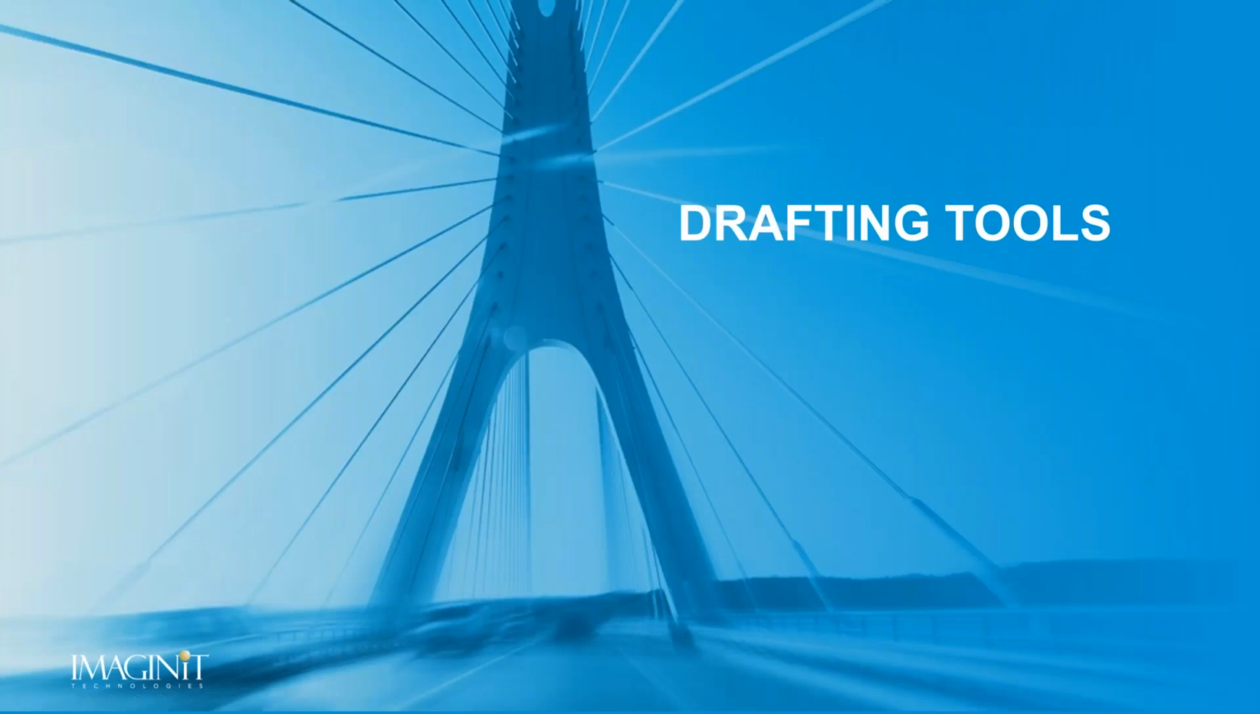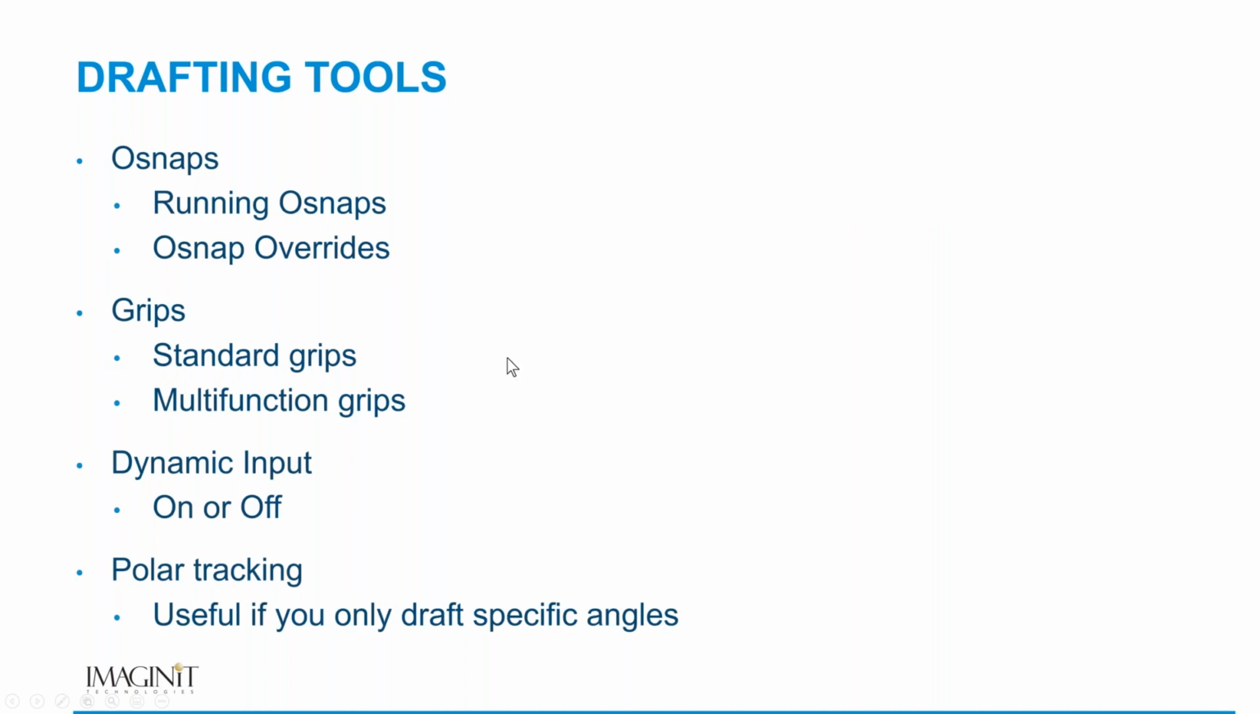All right. Now we're going to talk about some of the drafting tools we have. So how many of you use running O snaps? How many of you use the O snap overrides where you shift right mouse button to bring up your O snap overrides? One of the things that I commonly run into,